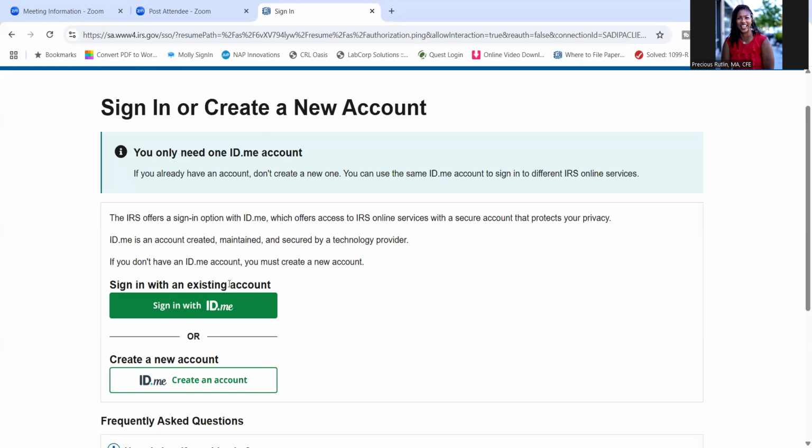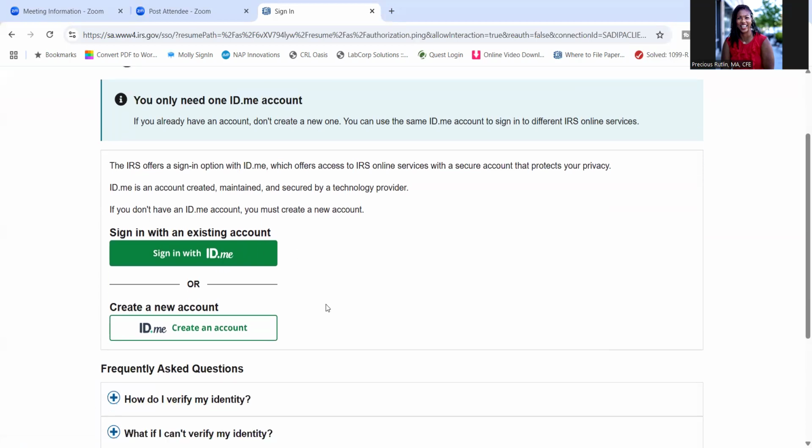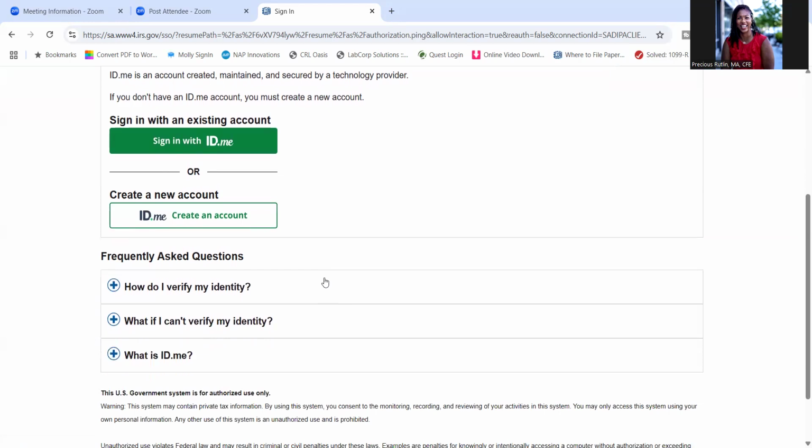Then, once you get into the system, you're going to want to download three things. You're going to want your account transcript, your wage and income transcript, and your return transcript. Once you have these three documents, these three transcripts, then once we're able to get on the call, I can